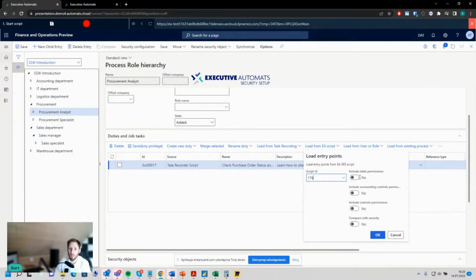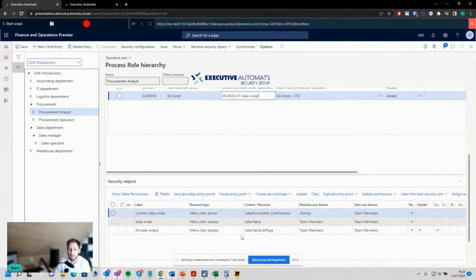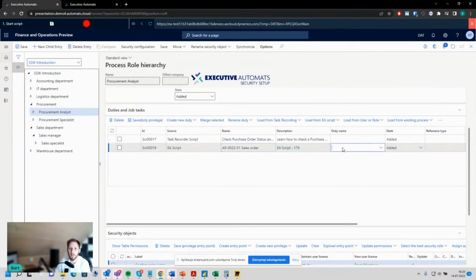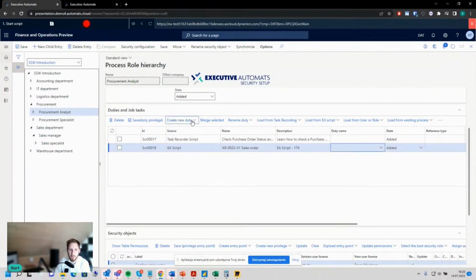So if I'm going to click load, include table permissions and control permission once again, system will give us another line. And this also identifies the security context. The only thing which is left is to create a duty for each of these lines and then build a role. Let's do that. Let's create the first duty for SO create D1,